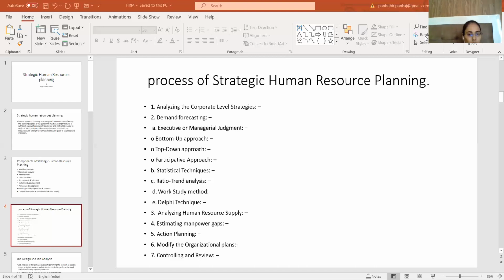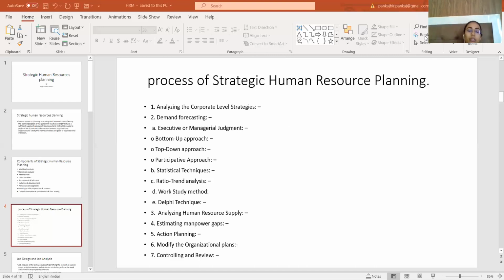It is again a very common technique, and in this method the views of different experts related to the industry are taken into consideration, and the consensus about human resource requirement is arrived at. So the Delphi technique is used primarily to estimate the long term need of human resource in the organization. Now we move on to the third technique,